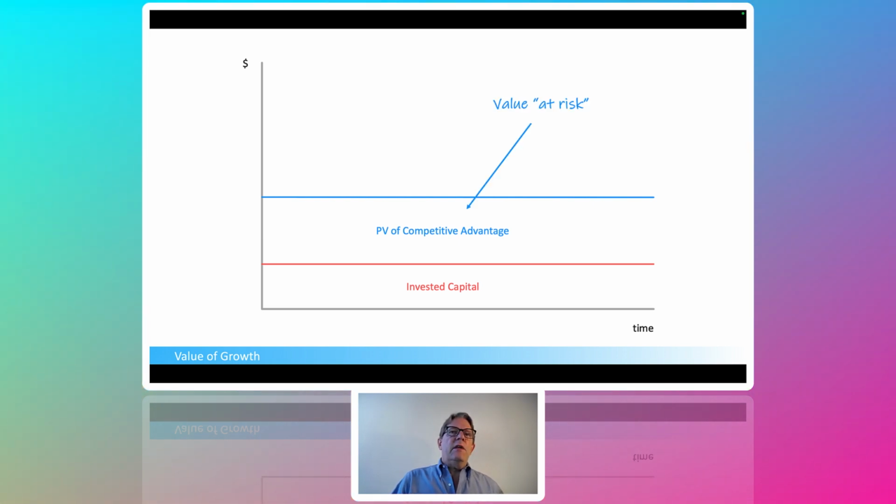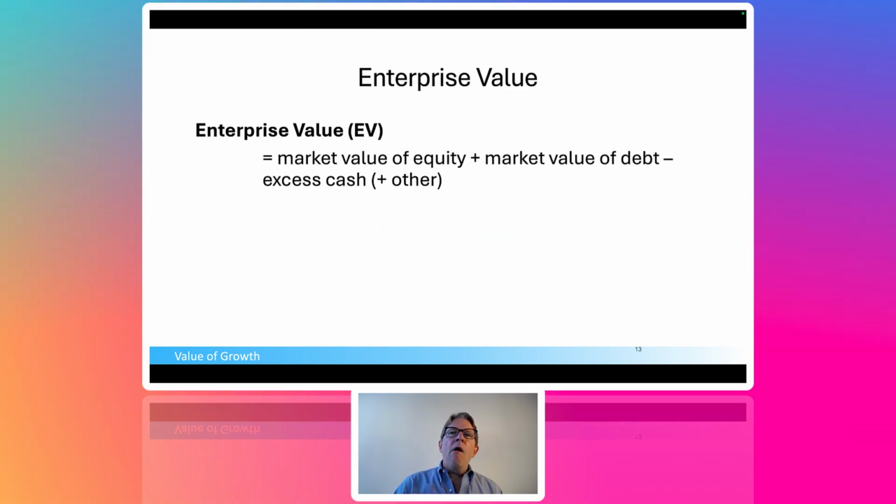And this is the value that is potentially at risk, because it's that layer, those excess returns, that are going to attract potential competitors. It's going to signal to them that if they invest a certain amount of money, they can create a business that generates cash flow worth more than the invested capital. So that's why that's a value at risk. All right, so now we're effectively going to go to the third layer of our valuation stack, which obviously is going to be growth.